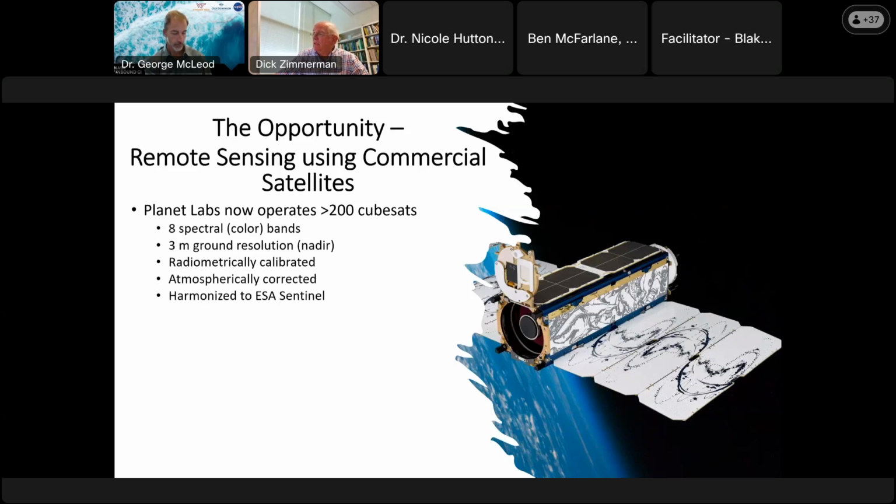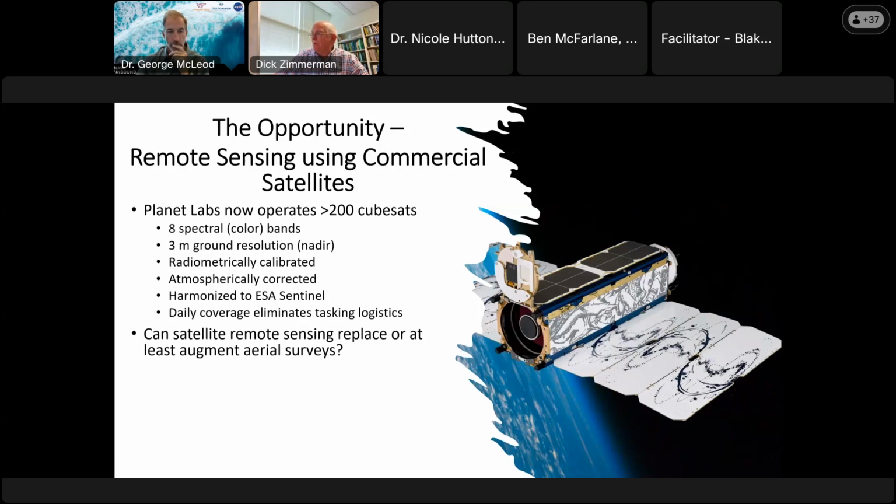The 200 CubeSats are all harmonized to the ESA Sentinel satellite, which means we're using an extensively calibrated satellite put up by the European Space Agency to serve as a vicarious calibration for all of the CubeSats. That reduces the CubeSat-to-CubeSat variability that people had complained about in some of the earlier imagery. Furthermore, we're getting daily coverage of the entire coastal zone, which eliminates the tasking logistics. We don't have to schedule an aircraft to fly. We don't have to worry about whether today is cloudy or the tide is wrong or the winds are blowing, because if we don't get a good image today, the satellite will pick up another image tomorrow and we can pick through this.